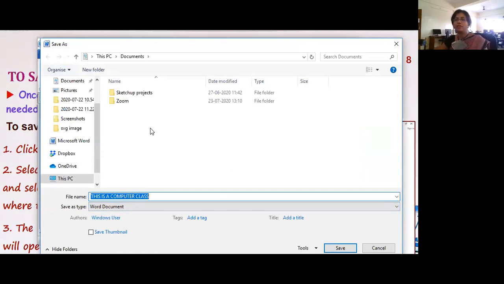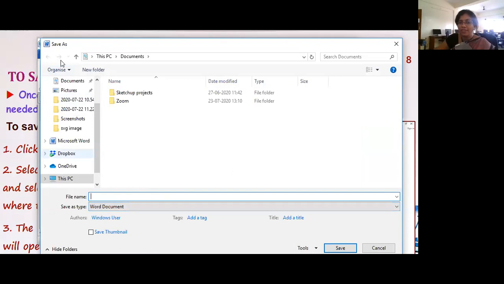It is just like how we did for PyWord, and last year also we have done for Word, right? So I have to give a file name. Here you can see in the blue position, they have automatically written something. I'll put a backspace, delete it, and write a file name.